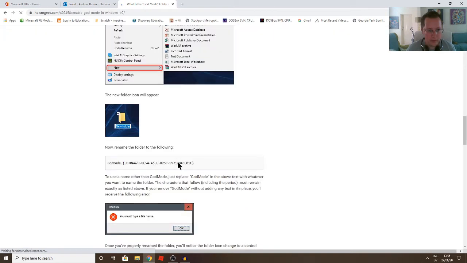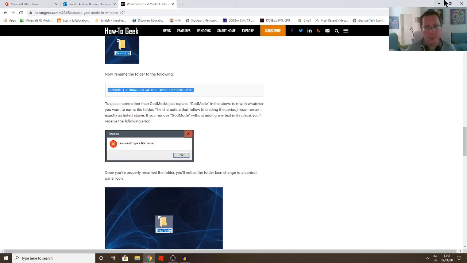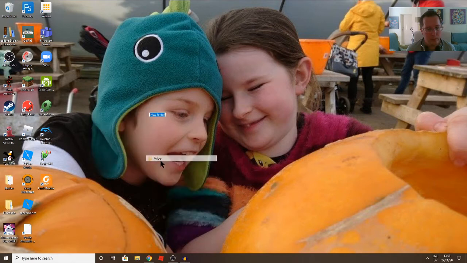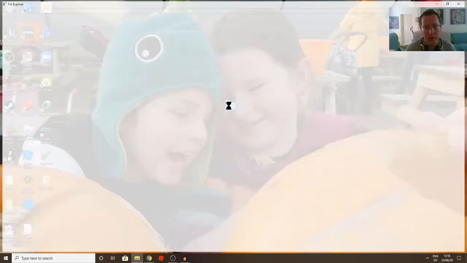So I'm going to highlight that text, copy that, and go to my desktop. I go to new folder, and then I'm just going to paste that in there. You might just have to get rid of the space at the end if it's copied a space. Press enter. Now it changes to this icon here. I'll just leave that in the middle of the screen for now. Now if I double click on that now,